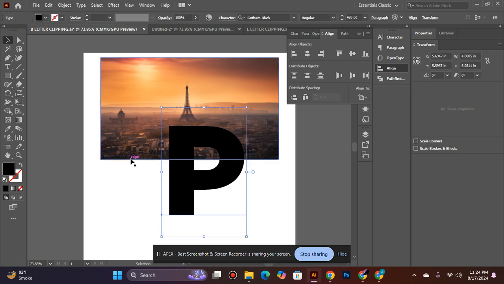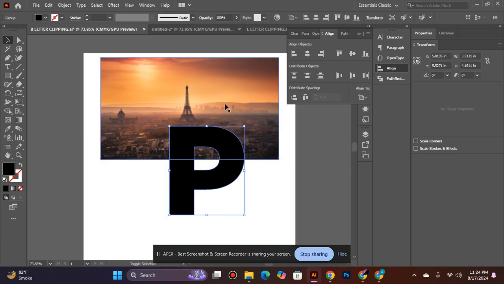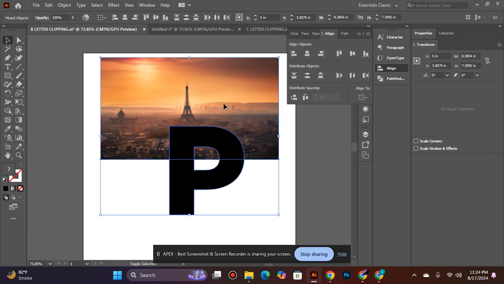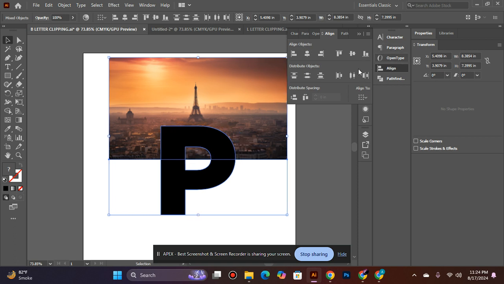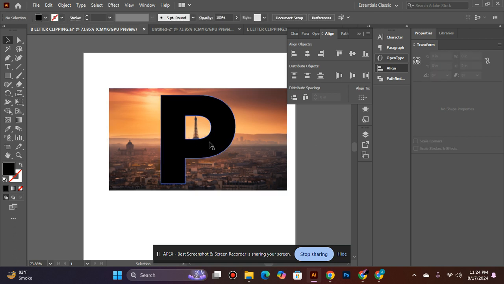And now I have this font, letter P, and the font name is Gotham Black. Okay. And now create outline. Now simply click shift and align it with horizontal align center and vertical align center. Now you can choose